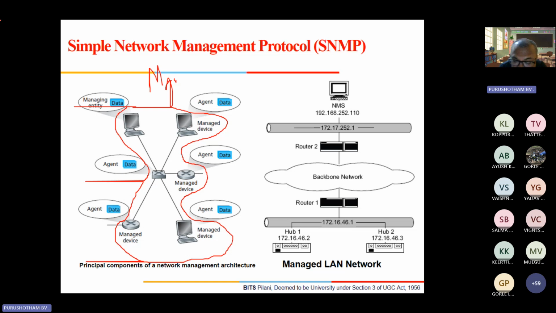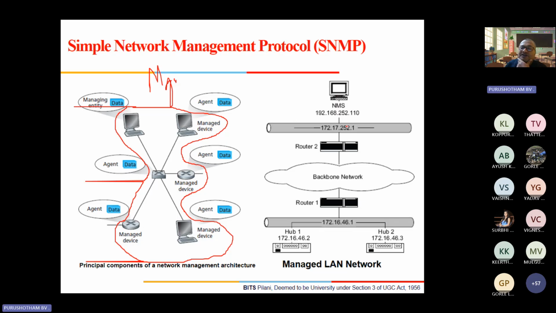The real example. See, again, the entire thing is software, but there are devices which go into hardware, which can be managed. And every physical device or hardware will carry the internet IP address. So that is what exactly it does now. Hub 1, Hub 2, router, then router 2, then the network management system, NMS. Here guys, this we call a managed LAN.